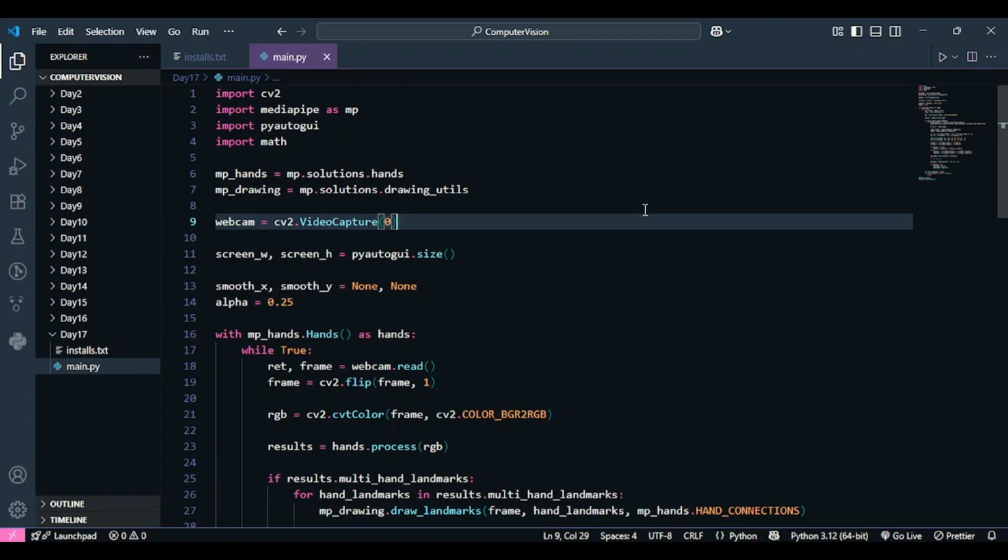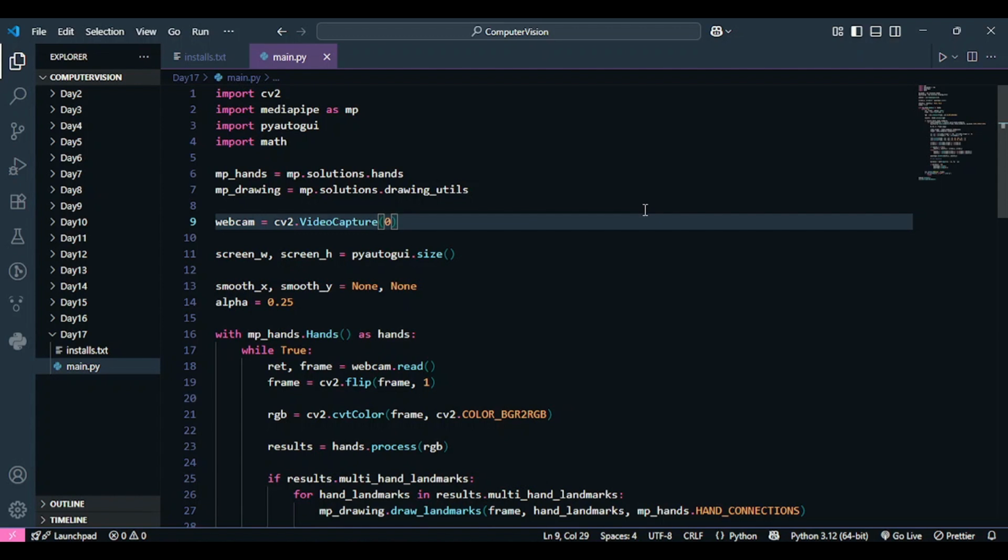This code is from my previous video. Right now in this code my index finger is used to control my cursor, and when I move my index finger and my thumb close together, it's going to create the click effect. These are the only two things that this code is right now doing, and I've explained this code in very much detail in my previous videos, so you guys can check it out. The link will be in the description.